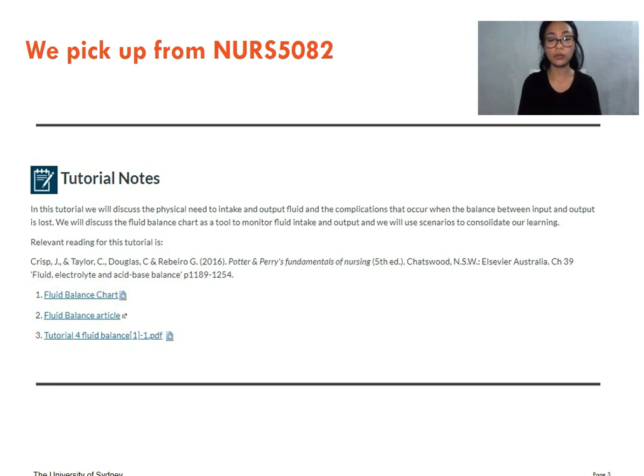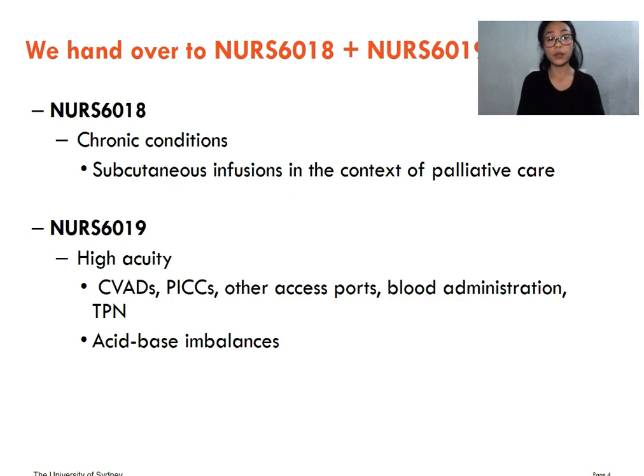In that tutorial, we went through the assessment of fluid input and output, how we know if a patient is dehydrated, how we know if they're fluid overloaded, and also the relevant laboratory studies, and that included the blood tests of electrolytes, urea and creatinine, the EUC, full blood count or FBC, specific gravity, and of course you looked at urinalysis in 5081. So that was where we pick up, and at the end of this lecture, this is where we hand over